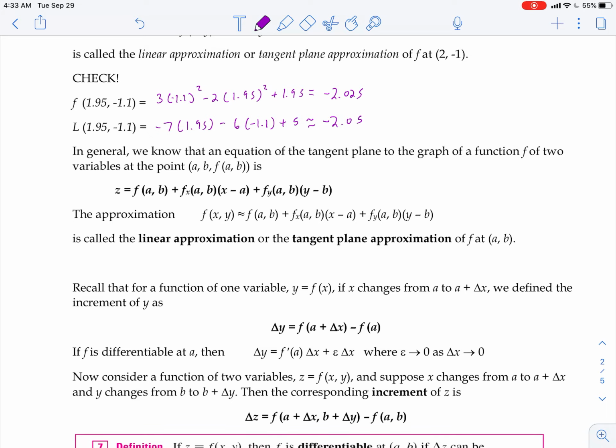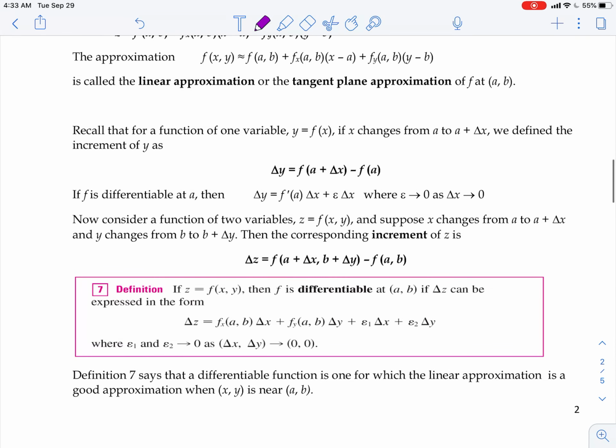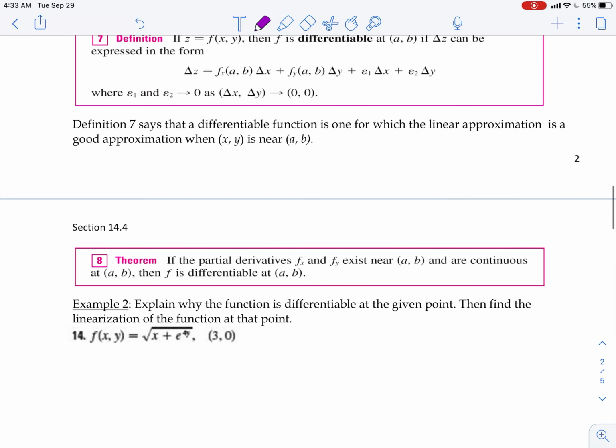Here we have our linear approximation, also known as the tangent plane approximation. Now, what's next? We'll use this a little differently. There's not really anything that's going to be difficult for this part of the section. The only thing I'm going to share with you, and you can read this, is that delta z just means your physical change in z. We're going to do an example showing you how to do delta z, so I don't want you to worry about it too much right now. And so next, we're just going to